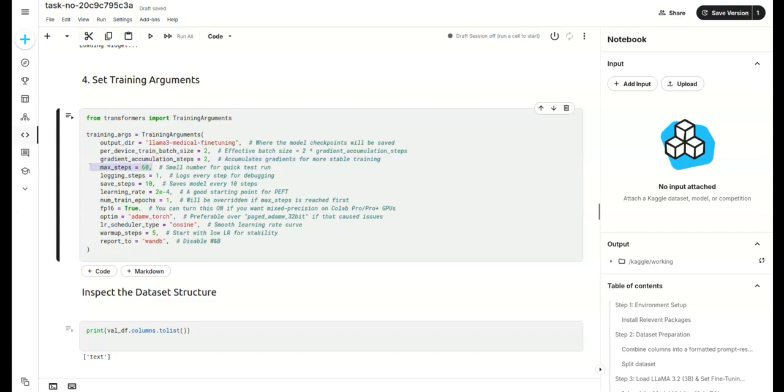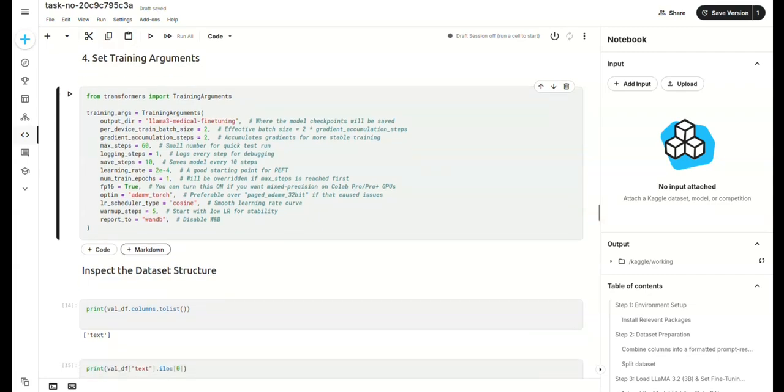For optimization, we are using the AdamW optimizer and a cosine learning rate scheduler for smooth convergence. Warmup steps are set to 5, allowing the model to stabilize at the start. Finally, we use mixed precision FP16 training for faster performance on Kaggle and enable Weights and Biases integration with report_to equals wandb.